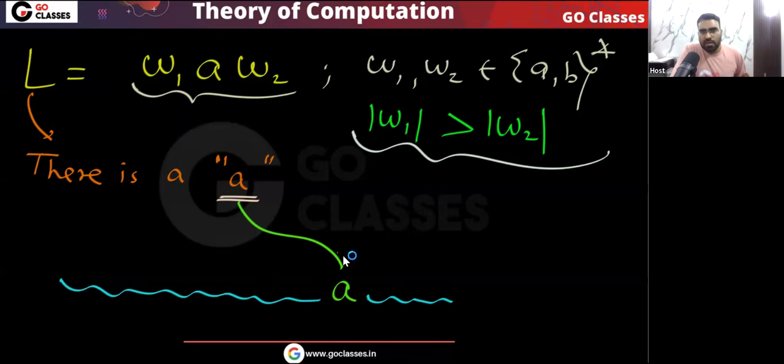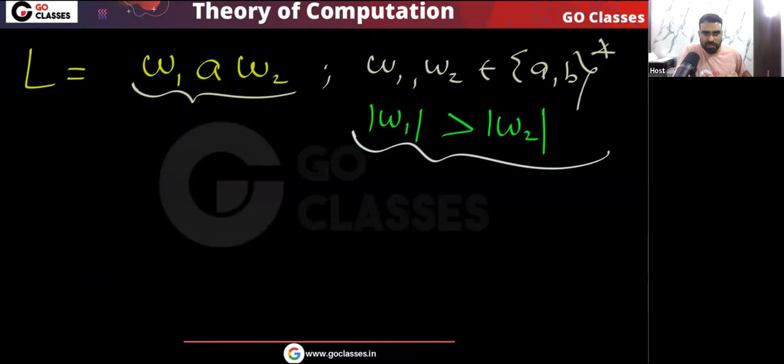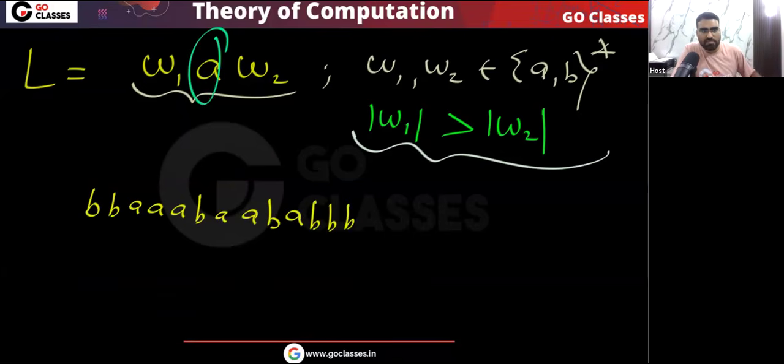Agree? Okay, with an example this will become very clear. Don't worry, let's take some examples. Tell me whether this string will be accepted or not. I'm giving you the string BBABABBB. Which A will you take? There are some A's. Which A is this? Will this string be accepted or not? Simple question I'm asking. And what about this string?